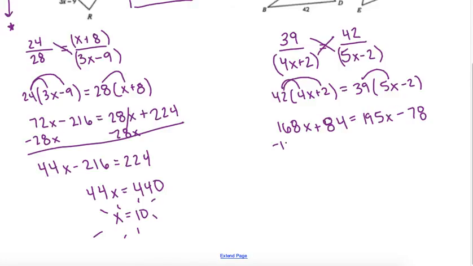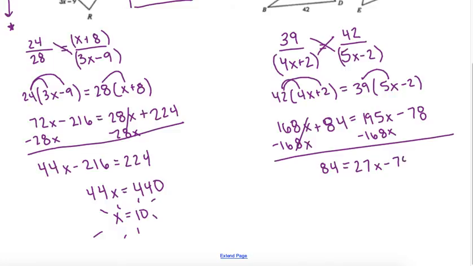Again, I move the smaller so that these x's are on the same side. So we have 84 equals 195 minus 168, 27x. Bring down the negative 78. And now I'm back to my two-step. So I'm going to add 78 over and divide by 27. So if I stopped here, x equals 6, and that's what a common mistake is that people are like, oh,